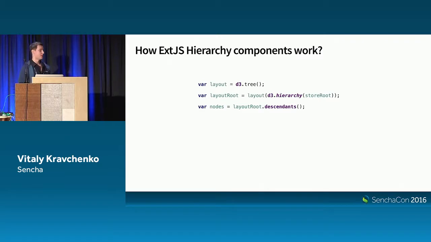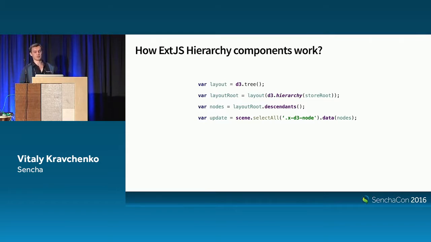And the layout root has the descendants method. What it does is return the layout root itself and all the children in it. And the nodes is actually just a flat array. It's not in a hierarchical format. And so we then select all the node elements within our scene